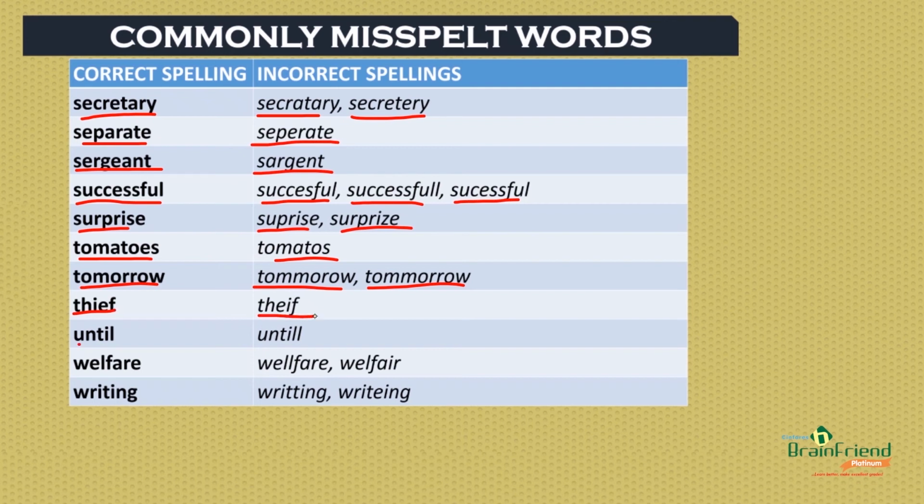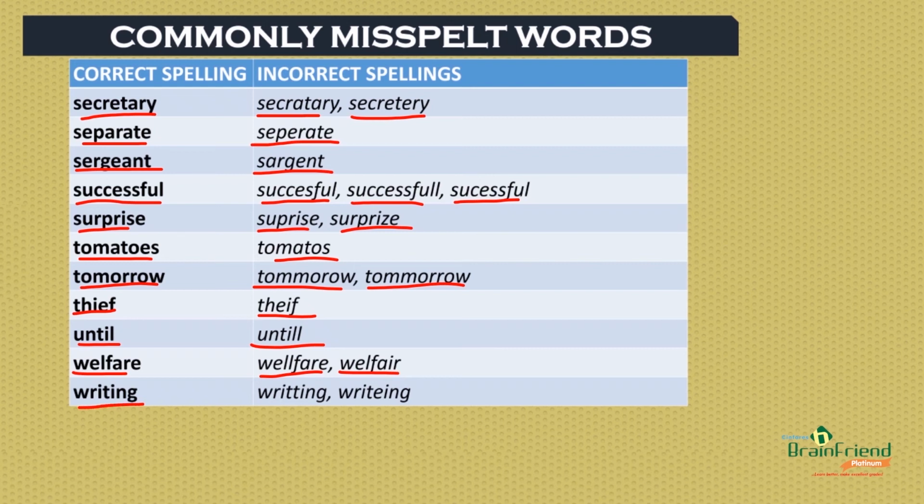Next, we have until, spelled U-N-T-I-L, but wrongly spelled as U-N-T-I-L-L. Next, we have welfare, spelled as W-E-L-F-A-R-E, but it is wrongly spelled as W-E-L-L-F-A-R-E or W-E-L-F-A-I-R. Lastly, we have writing, spelled as